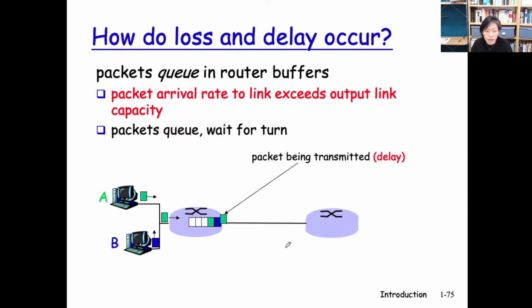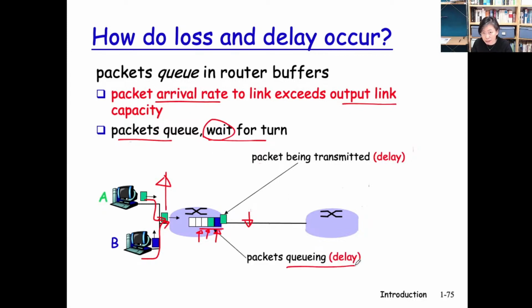But there's a second kind of delay experienced by packets here before they get to go out. These are packets waiting in a queue, waiting for their turn. And how can there be packets waiting in a queue? It actually happens quite often when the incoming rate exceeds the outgoing rate. In the example, A and B are sending packets actively together into the router. In case the aggregated arrival rate is higher than the outgoing rate, there will always be a packet waiting to be transmitted, and subsequent packets will need to wait. That is the queuing delay these packets are experiencing.